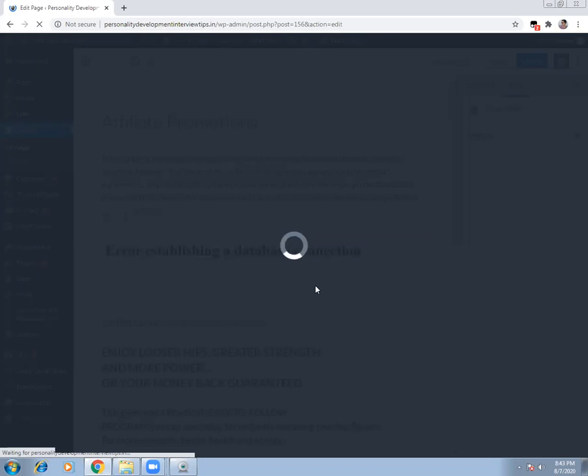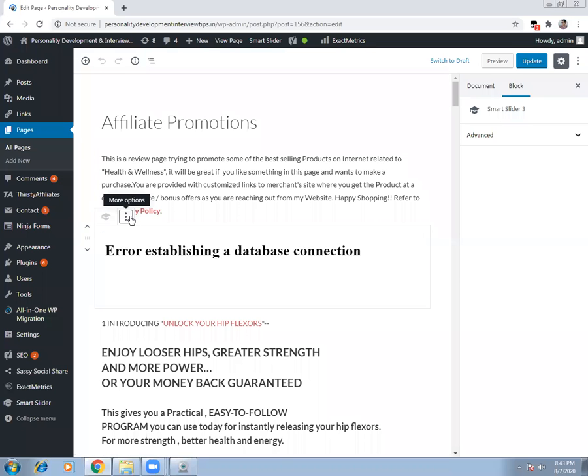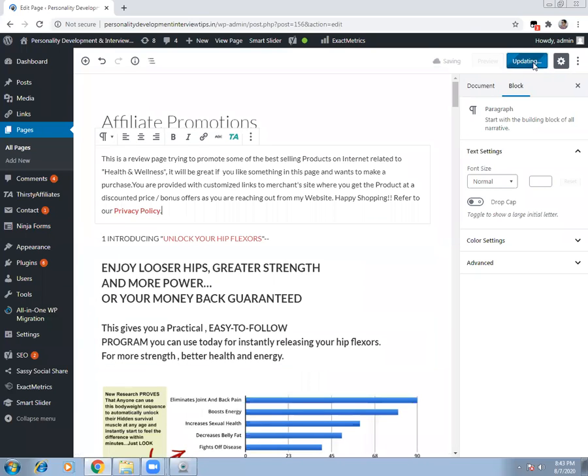So far any doubts, guys? So basically what you need to do is you need to go to the smart slider and you need to pick up some images. That is what we did. And then we started, either you can use the code or you can go to the content of any page. Wherever you want this to appear, you will simply go there and you will insert this. So that is as simple as it is. Okay, so I go here, I simply delete it, remove block, and I'll update it. So that's how it is. So I go to the smart slider. Now let us talk about the editing section.